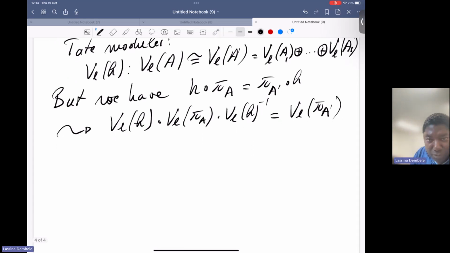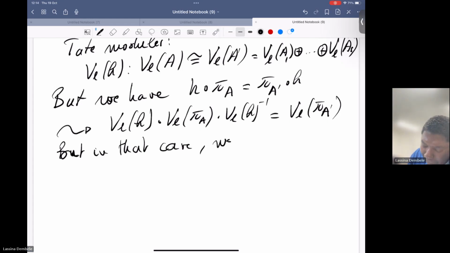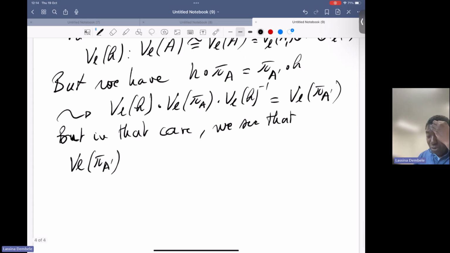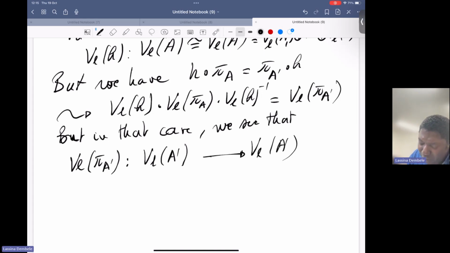But clearly, in that case, we see that if we take the Frobenius automorphism on A prime, it would simply be given as basically a direct sum. So the Frobenius automorphism, which goes from VL of A prime to VL of A prime, will send,